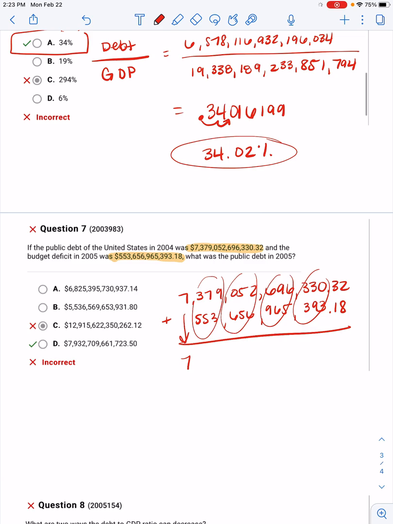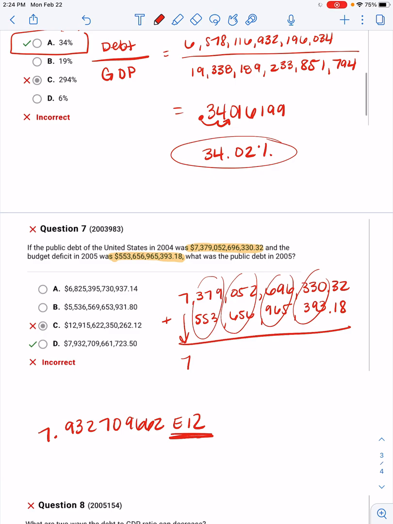Okay, so very carefully again in your calculator, I'm going to add this together in my calculator. So 7,379,052,696,330.32 plus 553,656,965,393.18. What my calculator tells me is, okay, so it says 7.932709662E12. What this notation means, and it explains this in Apex if you walk through, it's like the very first